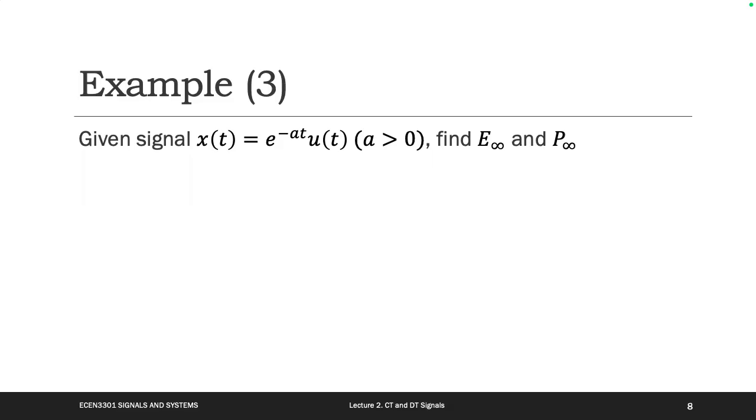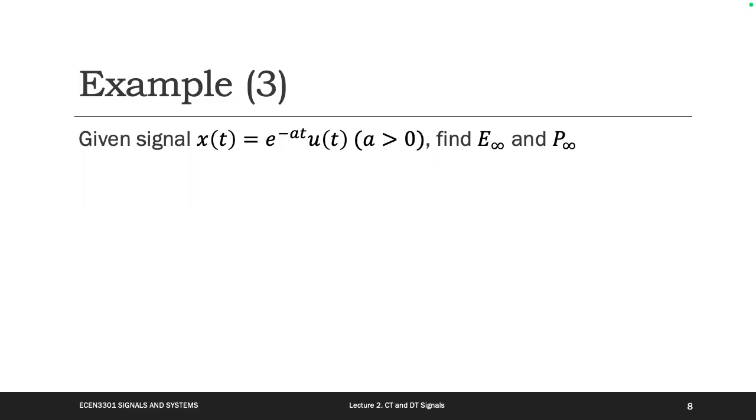The UT function is just: if t is greater than 0, the value will be 1. Otherwise, the value will be 0. Have you ever seen this function before? Like, if t is greater than 0, the value will be 1, otherwise it will be 0. This is the UT function. I think I've heard of it. Okay, I understand.